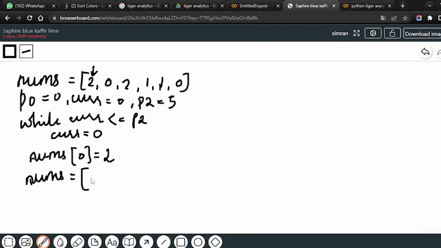Current value is at the 0th index, correct? And the fifth value, the P2 value, is 0. So it will swap both these values. 2 will go last, and 0 will go in the position of 0. See, this 2 and this 0 will get swapped. Okay, next,